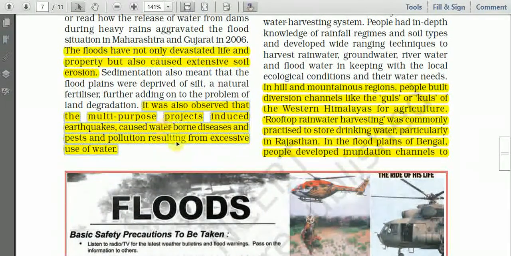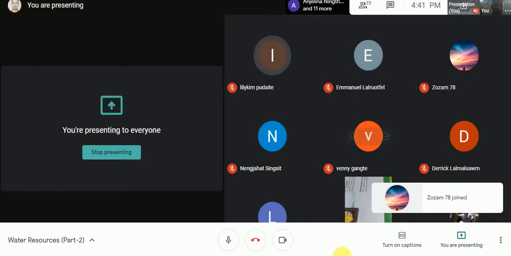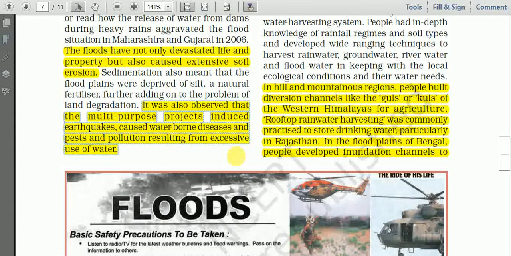And if dams are constructed in geologically weak areas, then because of the weight of the water, there may be earthquakes. These dam-induced earthquakes may be there sometimes, and that also kills people. So that is another point against the dam.